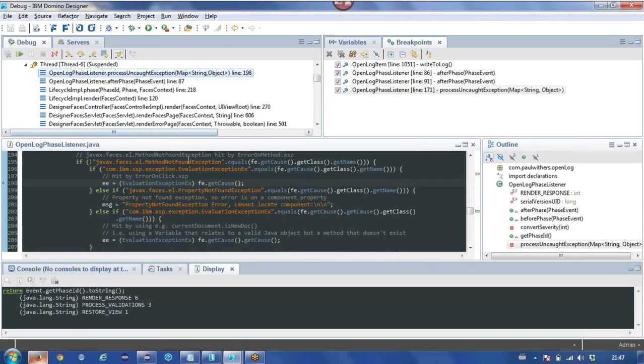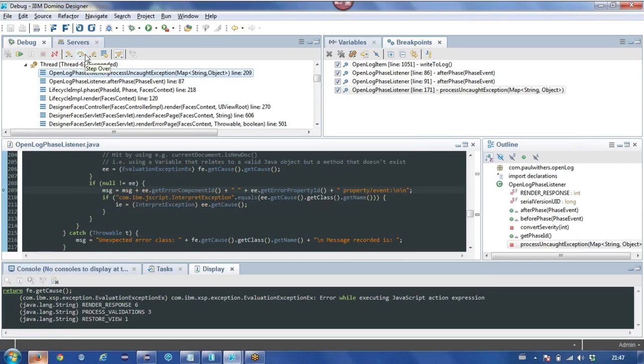It's this evaluation exception EX. So let's just print that, fe.getCause. And when I say print, I'm saying print to this display area. So there we see the error while executing JavaScript action expression, which we've all seen and not been able to then see exactly what the details were.